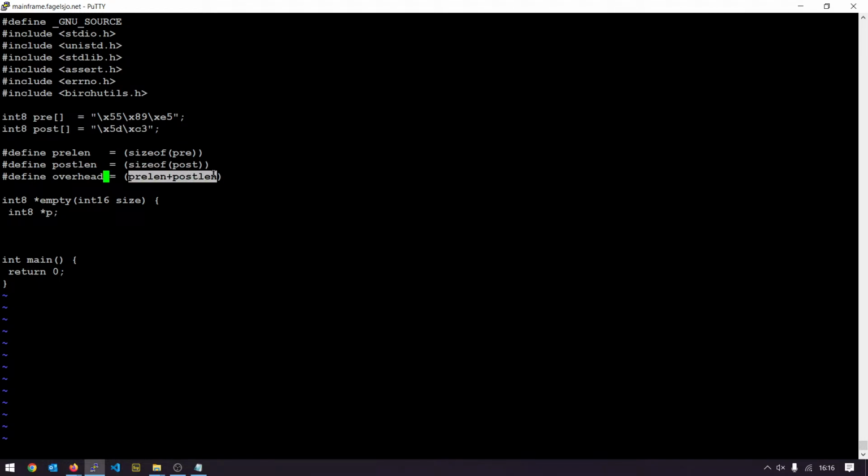So our function needs to have at least these bytes of size. So let's assert that the size is bigger than or equal to the overhead plus 1, let's say. So if it's not equal to that, we will fail. Alright, so let's see. Now we want to